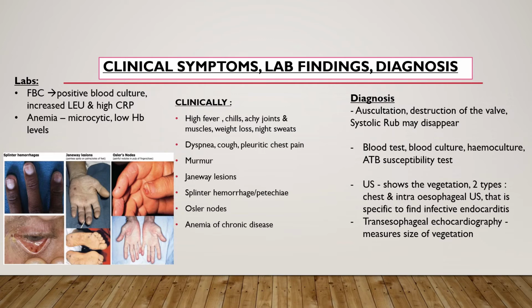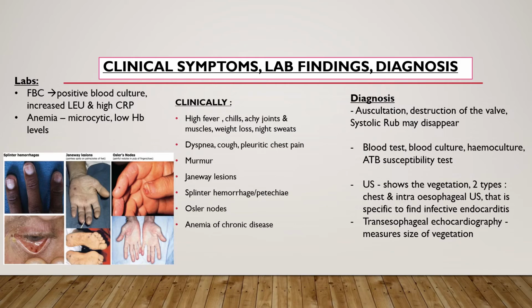In terms of lab results, since it's a bacterial infection, the CRP count will be raised, as well as increased leukocyte count, and there will typically be microcytic anemia with low hemoglobin levels. Diagnosis is with auscultation, blood tests, blood culture, hemoculture, and ultrasound in which you will be able to see the vegetation. You can do two types, chest and intraesophageal ultrasound, as well as transesophageal echocardiography to measure the size of